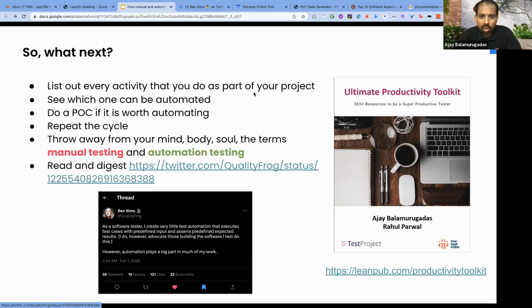What are the challenges that we face while doing automation? A lot of things, right? A lot of challenges. On mobile testing, especially on iOS, too many